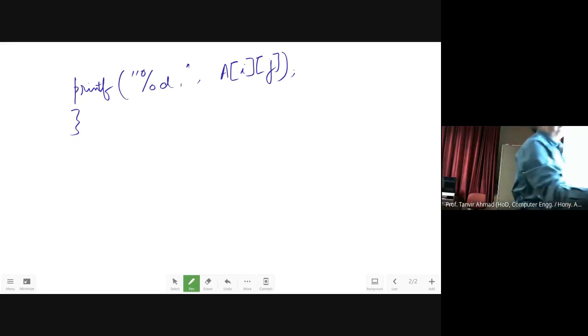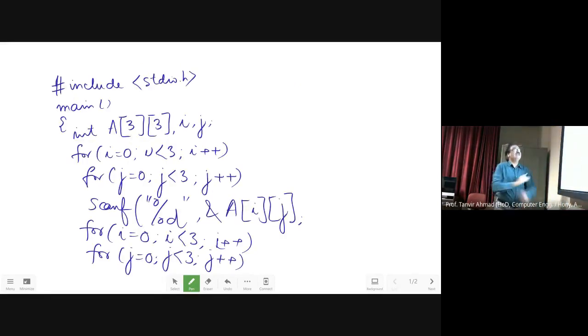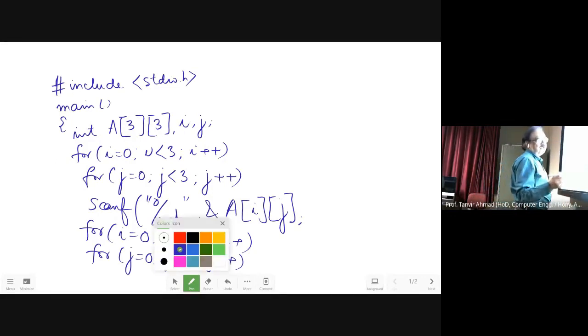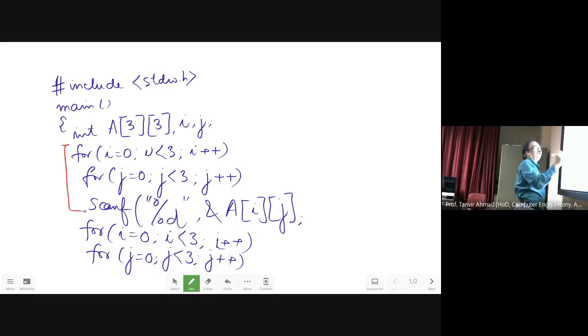Okay. Now this is the simple program which I used over here. Now all of you must be knowing this, and if you are not very familiar, I will explain. This is a loop for reading an array, and this is a loop for printing.